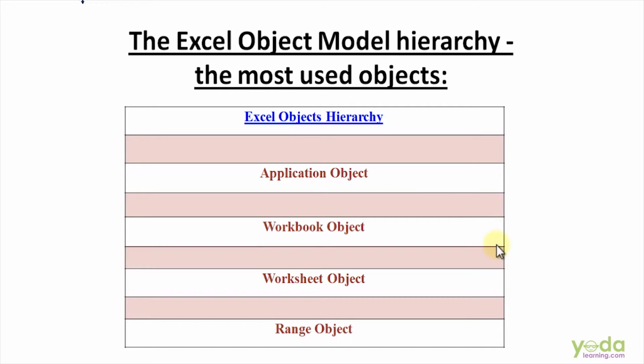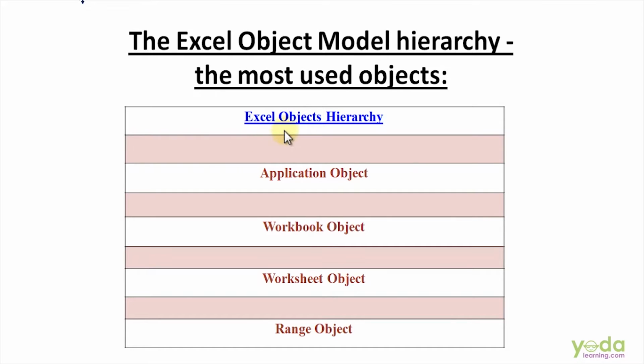Hi, greetings everyone. In this video, we will understand what the Excel object model is. Excel has an object model. The object model is a big hierarchy of all the objects that you can use in VBA. At the top of this hierarchy is the application object, and all the other objects are below it. The dot operator is used to navigate through the hierarchy. You connect the objects with a dot to get to the lesser objects.